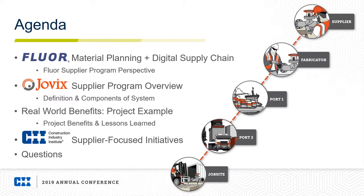So the third bullet, Thomas Hatley will then show details of our real-world live project example and how it benefited from this program, truly taking field material management to the future, which goes along with the CII annual conference's theme this summer, which is "The Future is Here." Thomas will show that even on an oil and gas mega project, the results that we expected were the results